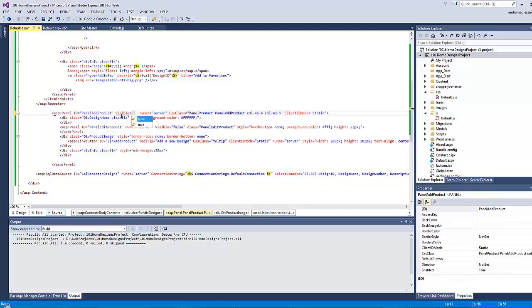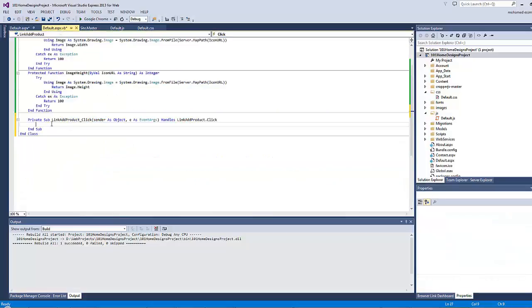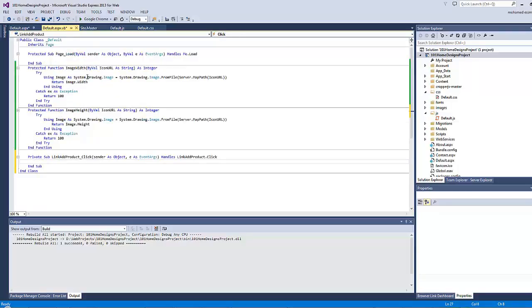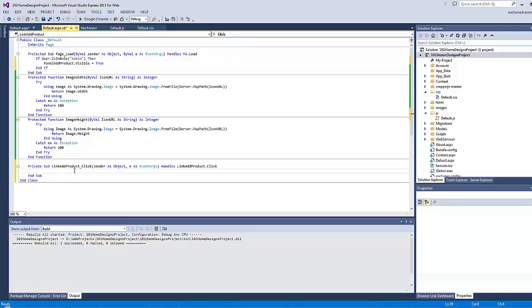Visible equals false, as I don't want any regular member to be able to add a new product except the admin. So I will type here: if user.IsInRole admin, then Panel add product.Visible equals true. Sorry, this should not be added here. This should be added on the page load. On the link add product click, I will define